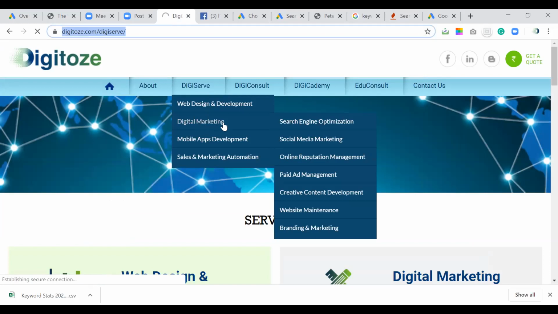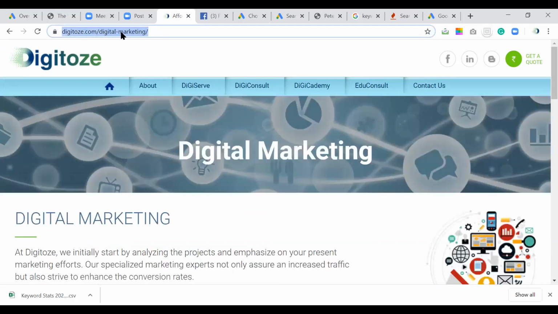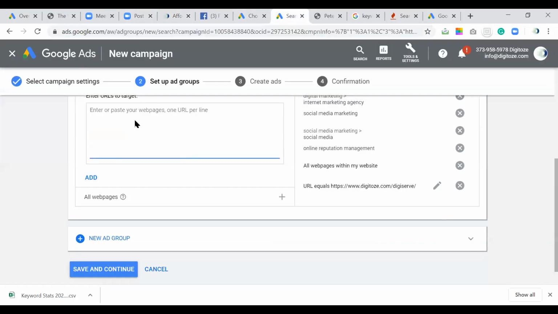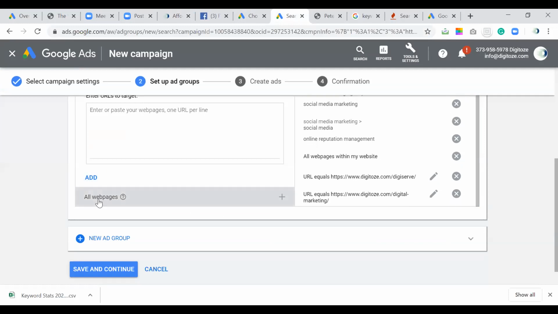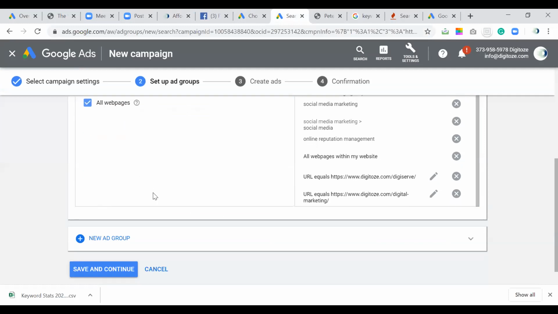It is taking a little longer. Yeah, digital marketing, it has taken. So I can put that over here. So these are the URLs to which I want traffic to be diverted, or I can put all pages, and then save and continue.